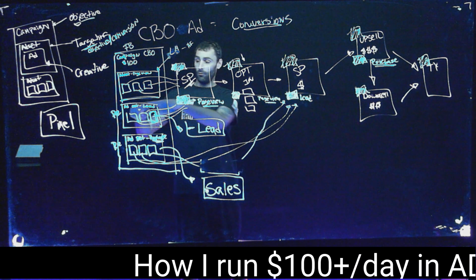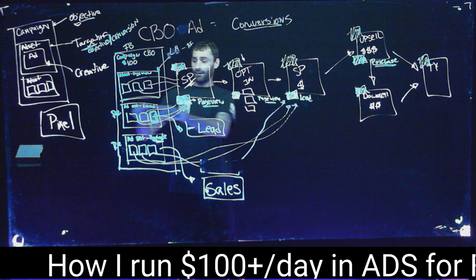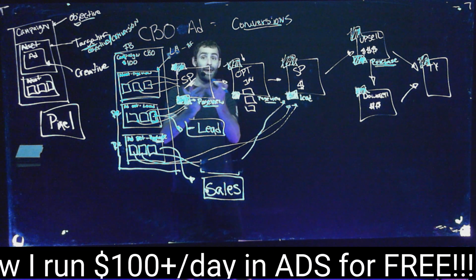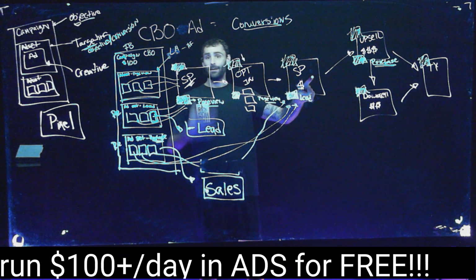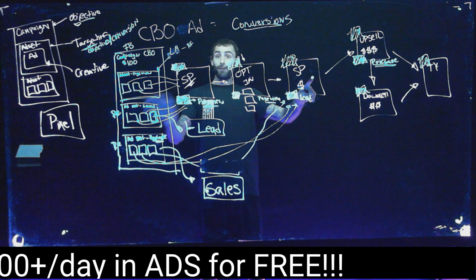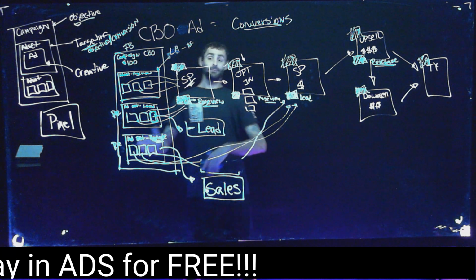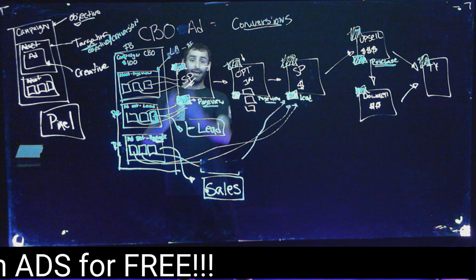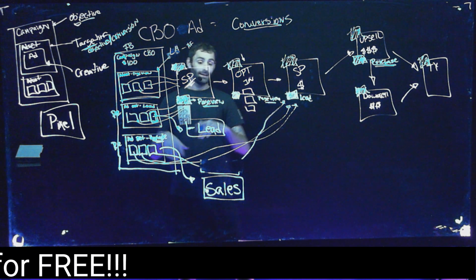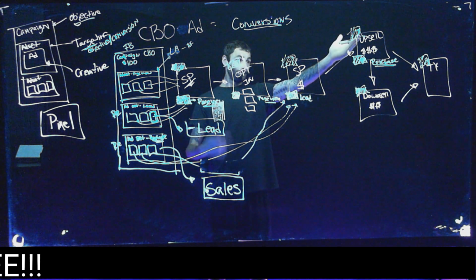Here I get traffic. This is sending all my traffic, and it's optimized for this traffic. Here, this is only shown to the traffic that comes to my page, but it's not shown to the people who already became leads, because they already became my lead. I don't need to show them that ad again, and I'm optimizing for leads. I'm trying to get leads here. And lastly, in this ad set, I'm optimizing for purchases. So this ad set is only shown to people who came from this ad and became my traffic, but it is not shown to any of